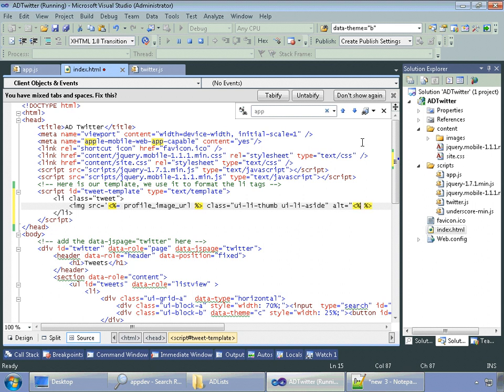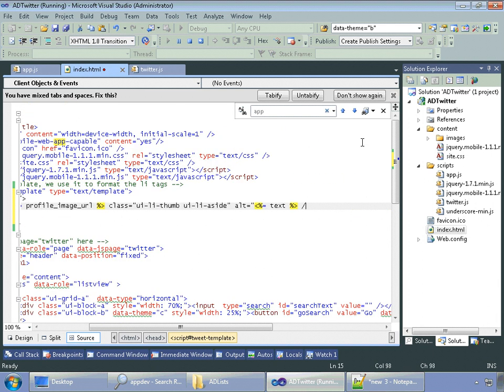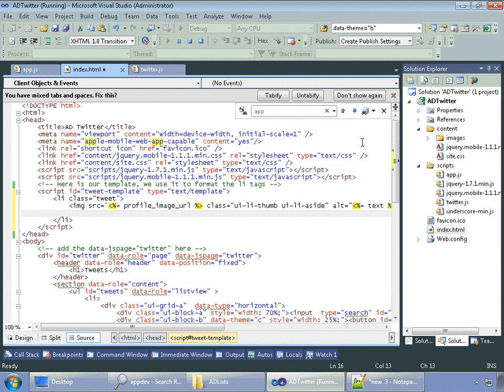And the alt tag will also be defined by a variable, this time equals text. Then we close off our image. Then we create a few span tags. And in the span tags, we are also going to put some variables. Once again, we're going to do the text, close our span tag,